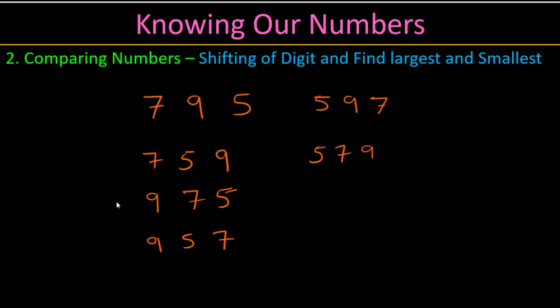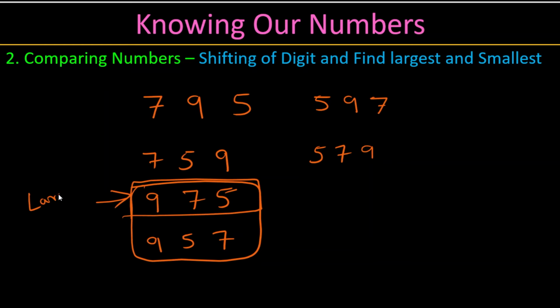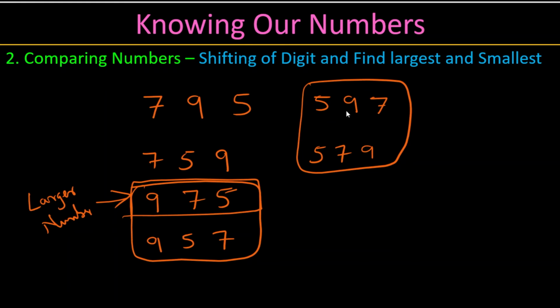Find the highest number here. In the 100s location, what is highest? These two numbers are the highest, but we have to find only one highest number. In the 10s location, which is the highest? 7. So then this is the highest, larger number. Let's find similarly the smallest one. Find the smallest number in the 100s location. 7 is there, 9 is there, 5. So these are the two numbers with the smallest digit in the 100s location. Going to the next, the 10s location. What is the least number? 7. So this is the least number, the smaller number.